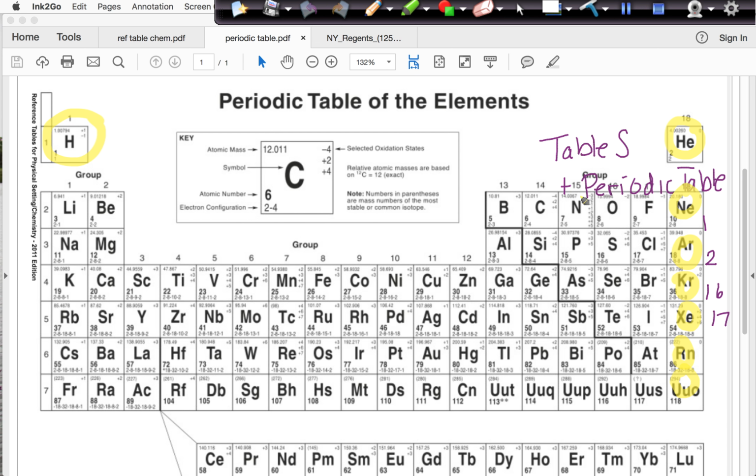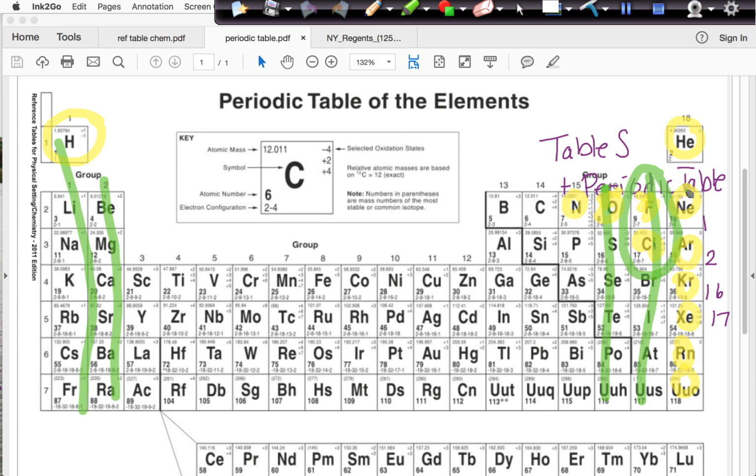We have nitrogen, oxygen, fluorine, and chlorine. These are the elements that exist as a gas at standard temperature and pressure. And we want to know of group 1, group 2, 16, and 17, which one had 2 elements that exist as a gas at STP, so that's going to be